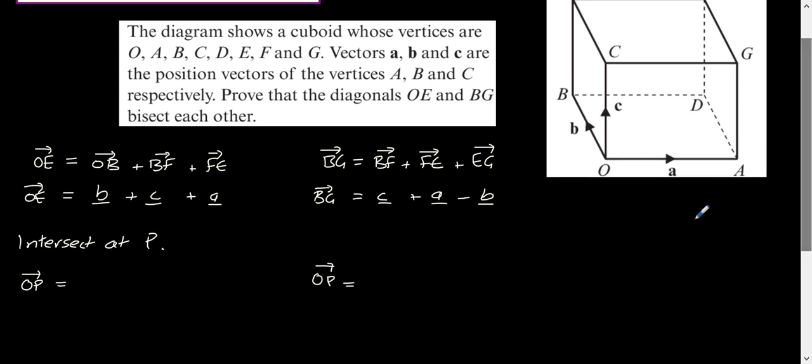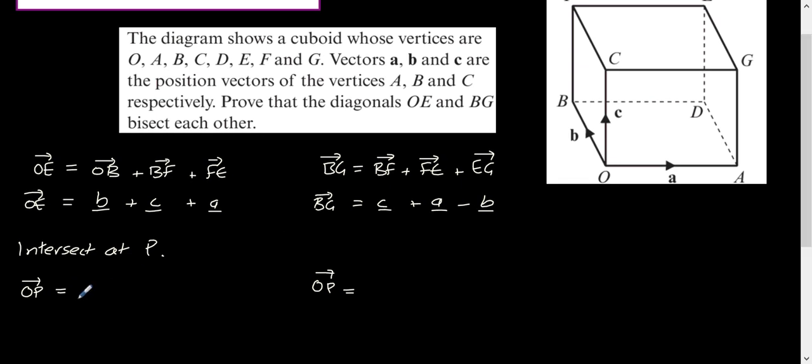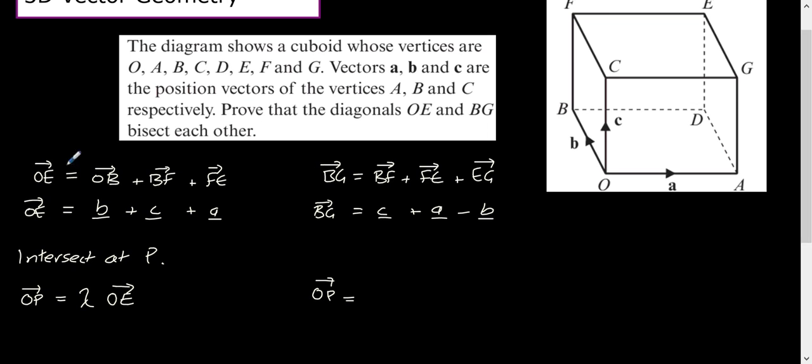So let's think, how do we get from O to P using our diagonal OE? Well, straightforward really. OP is just going to be a half of, or sorry, not a half, we're trying to prove it's a half, but it's going to be lambda, our unknown, of OE. So that's using the first diagonal from O to E. It's just going to be some fraction of the line O to E. Quite simple. The second way of doing it, using the diagonal from B to G, is a little bit more